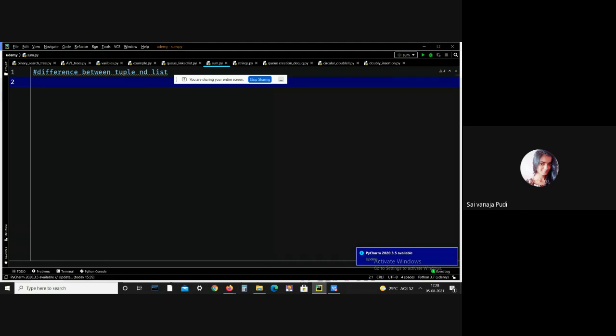Let me give an example so that you can understand better what is mutable and what is immutable. Let me give a list, L1 = 1, 2, 3, 4. Here I just want to replace the first element.